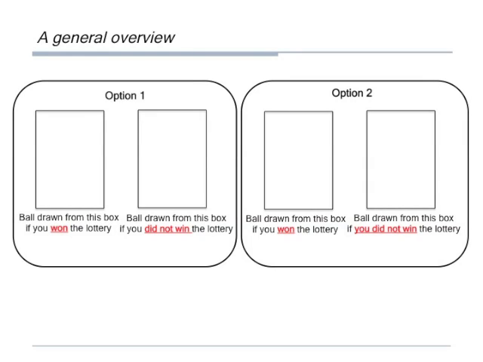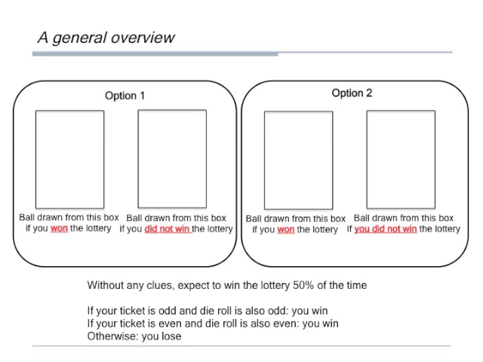Thank you for your answers. We want to overview some of the general points at this time. Remember that regardless of which option you pick, the computer draws a ball from the left box in that option if you won the lottery, and it draws a ball from the right box in that option if you lost the lottery. Before you see the color of the ball drawn from an option, you know that the overall chances